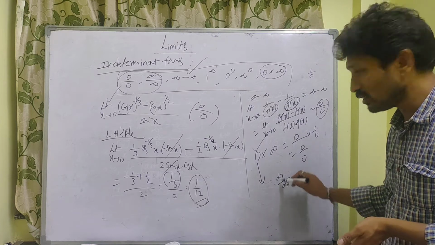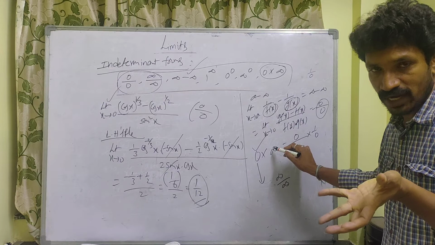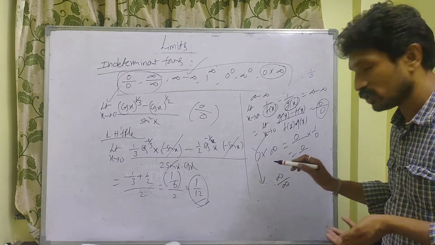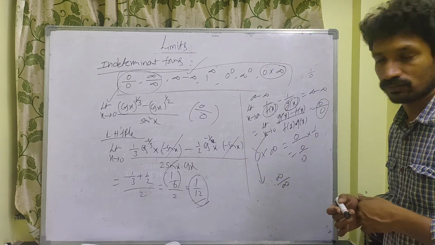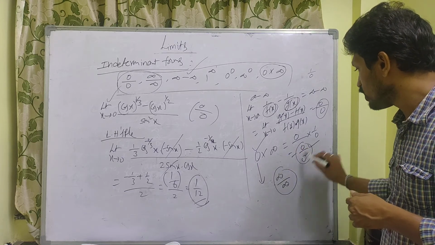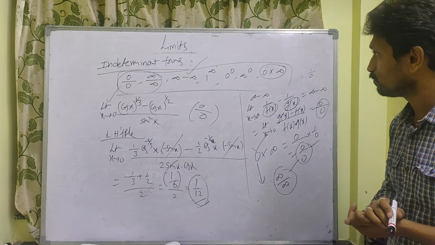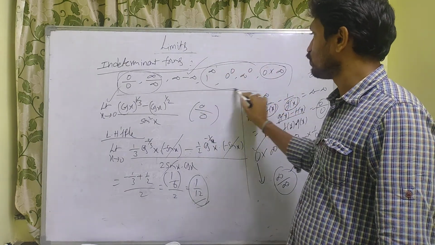For infinite by infinite, where you are getting infinite, you take that as the numerator, and where you are getting 0, you transpose that to the denominator. You have to take the reciprocal. Then it is infinite by infinite form. So what can you say? Whenever 0 by 0 or infinite by infinite, again you apply L'Hospital rule. These forms I will explain in the next video. These three.